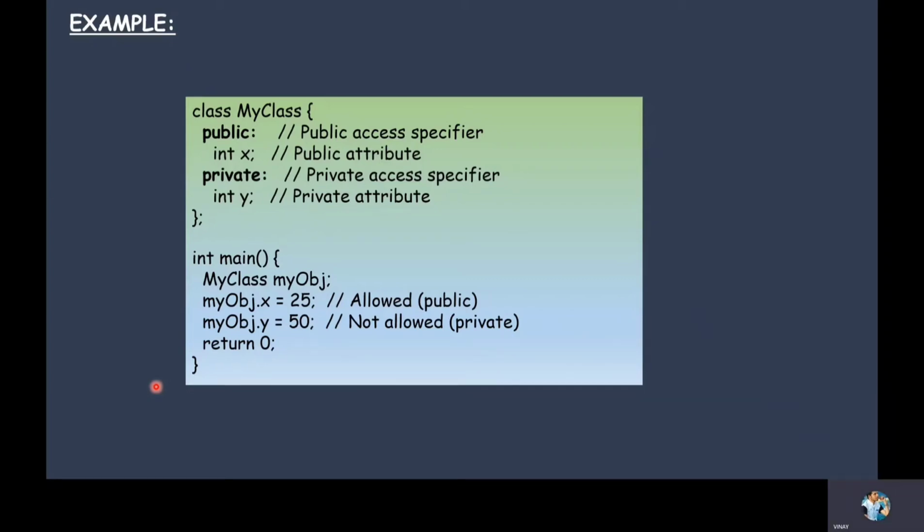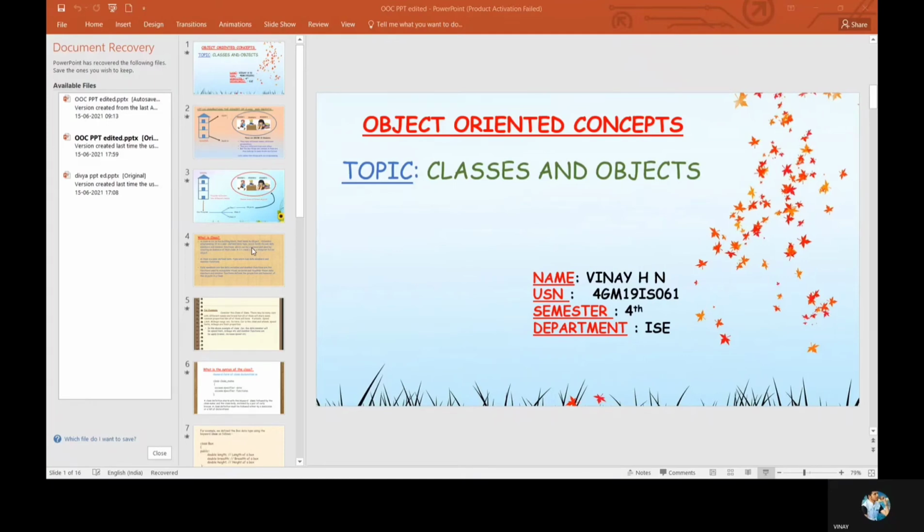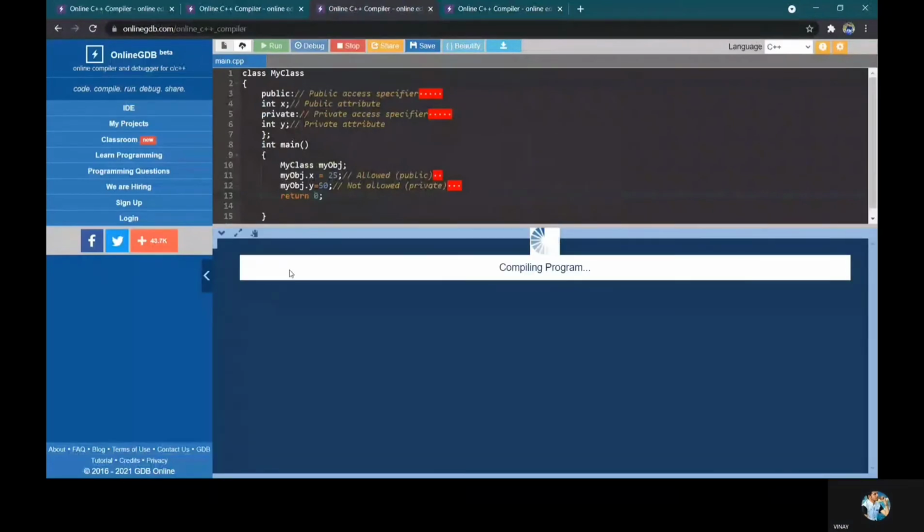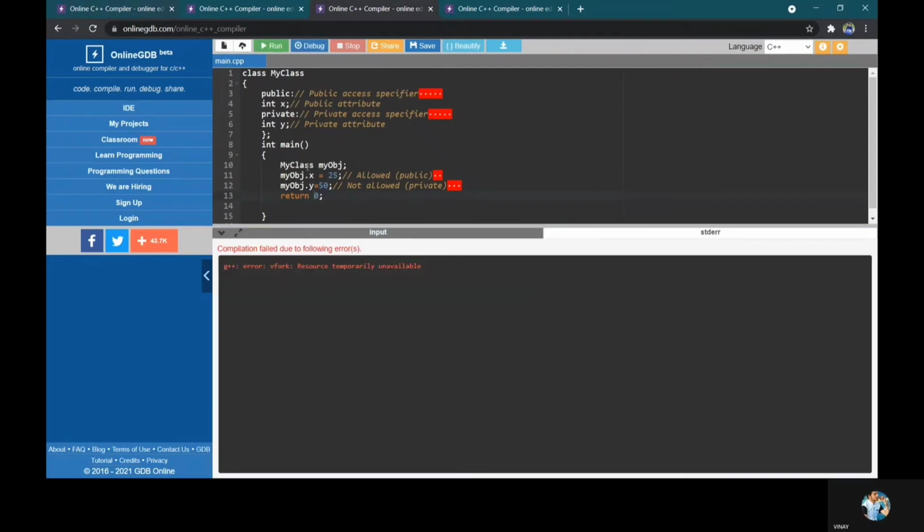Let us execute this program. Here see myObj.y equals 50.